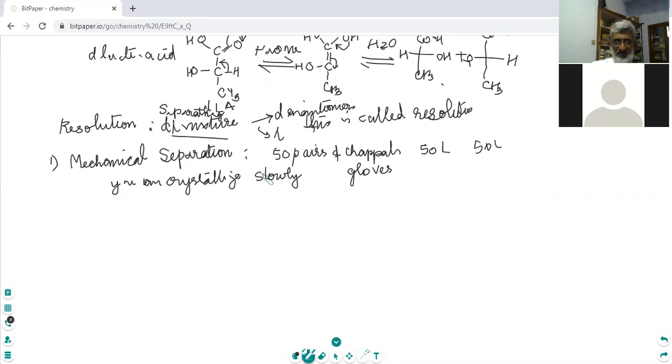It's all a very tedious job. Crystallize from a suitable solvent and observe the crystals. You can see that if the crystals